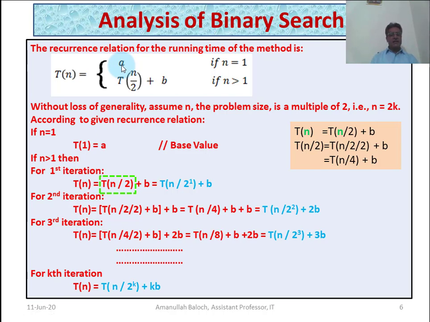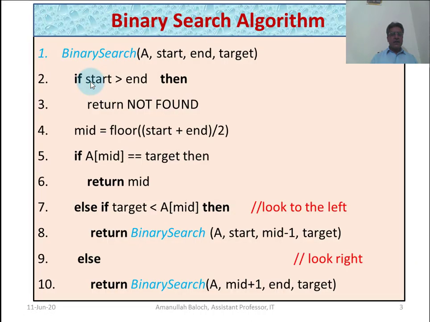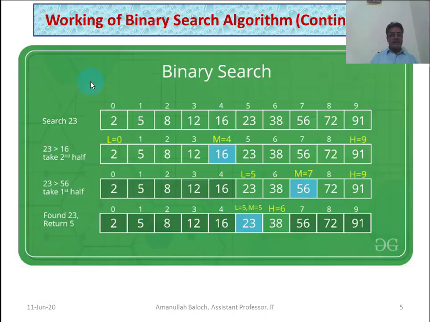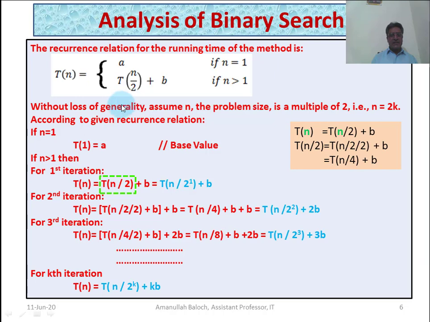It will return a constant value a. And if there are 10 values, as you may see in this array, then the computer will return